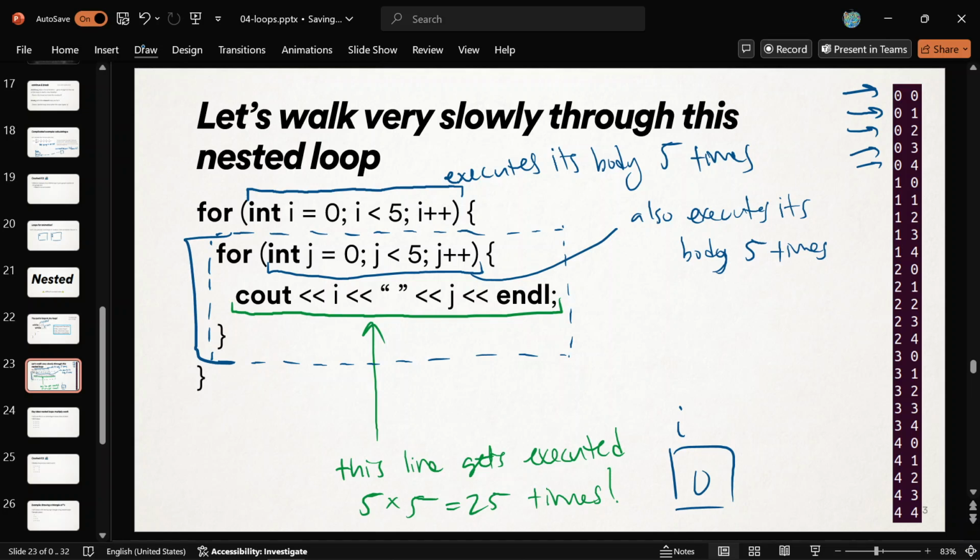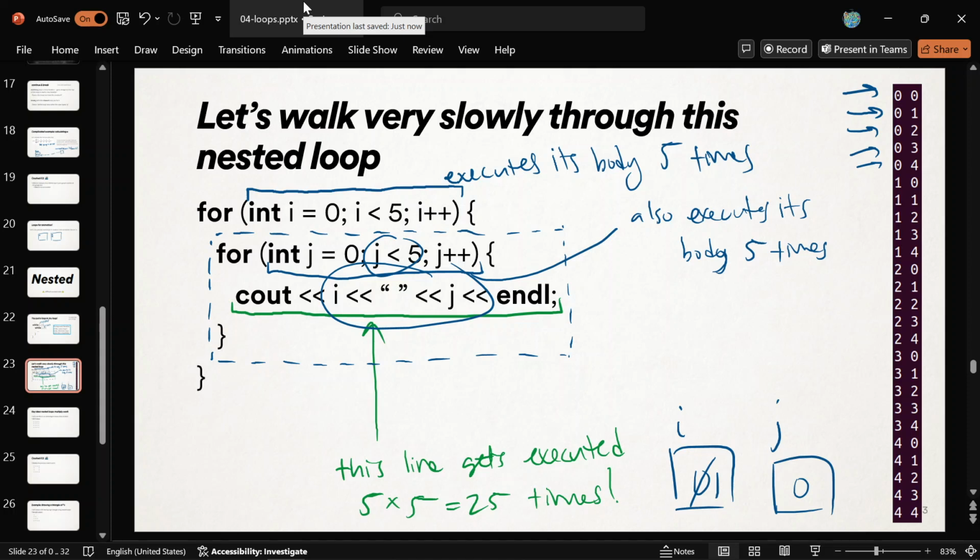And that completes one iteration of the body of the outer loop. We have run it to completion, all the code, okay? So we come back, i++. i is now 1. And then we do it all over again because 1 is less than 5, all right? Then we run all this body where we make a j, a brand new j variable, second j, starting at 0, right? 0 is less than 5. Then we run this inner loop to completion because it's just more code. We have to run it all, right? And that's why we see 1, 0.